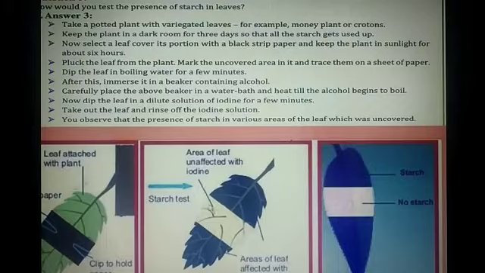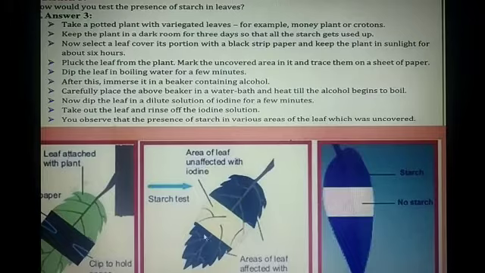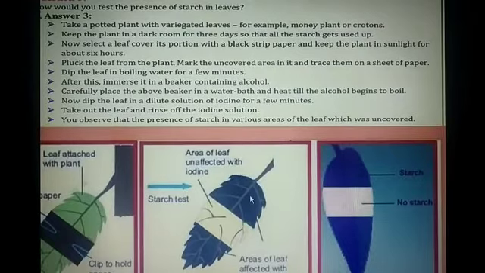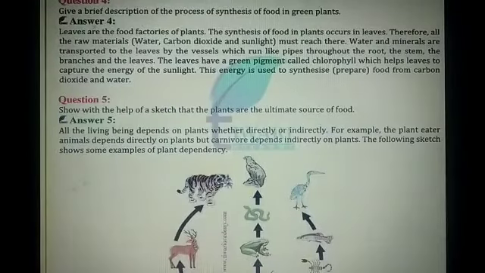So chlorophyll captures the sunlight and forms the starch. So after opening this black strip, what we observe is that where the black strip is present, starch is not formed, and in the other part which portion is open, starch is formed. So this is the activity, and you have to write this activity in your notebook. How would you test the presence of starch in a leaf? Okay, the next one is